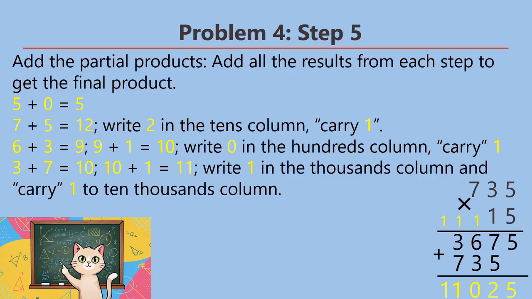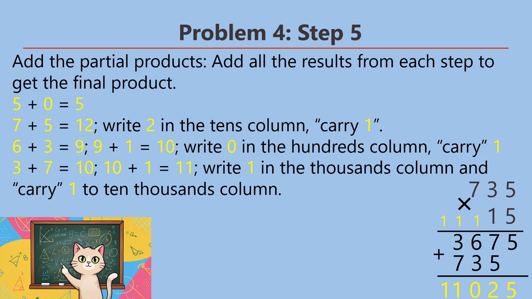Step 5. Add the partial products. Add all the results from each step to get the final product. 5 plus 0 is equal to 5, 7 plus 5 is equal to 12, write 2 in the tens column,